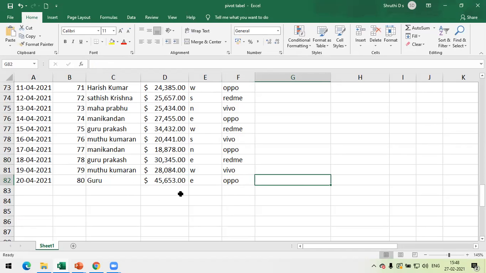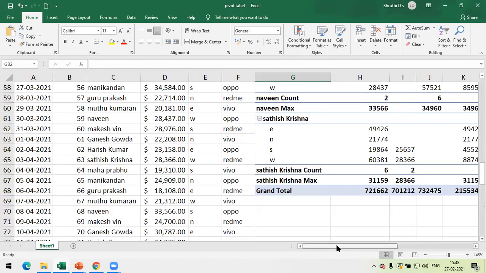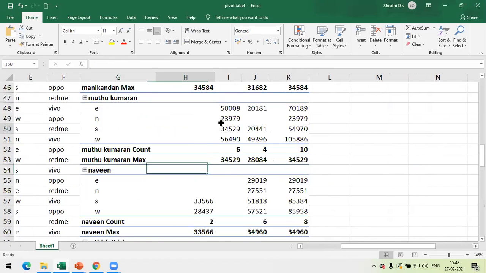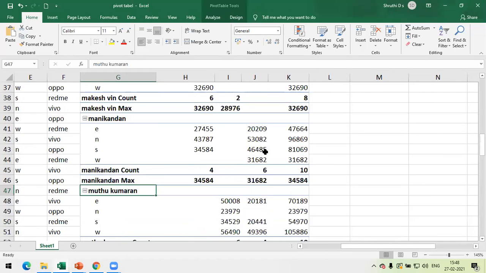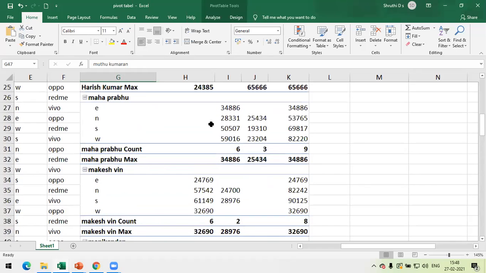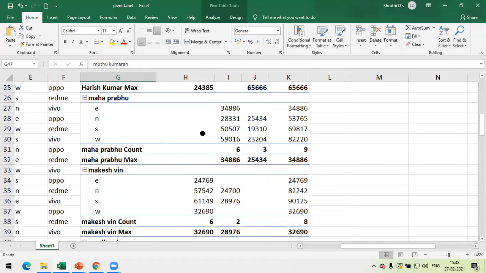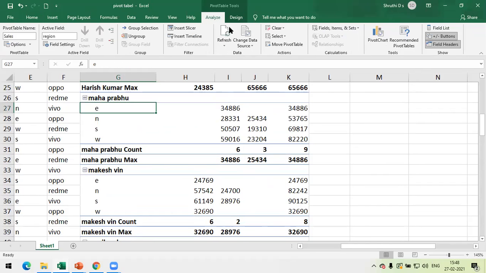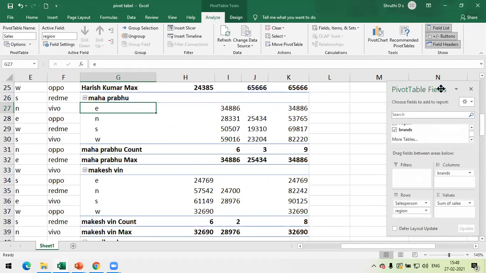But this information, see, let us just analyze over here. I'll select only the data. So see here, I don't see any pivot table to select my field, right? So what I can do is, I'll just place the cursor and analyze. There is an option over here as in show group. Field list, it is going to be available for you. Just click on that, it will show you the pivot table fields.